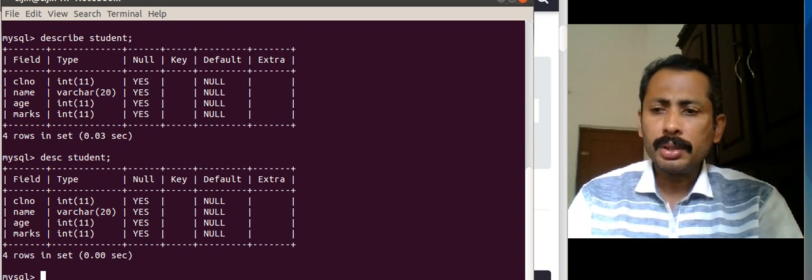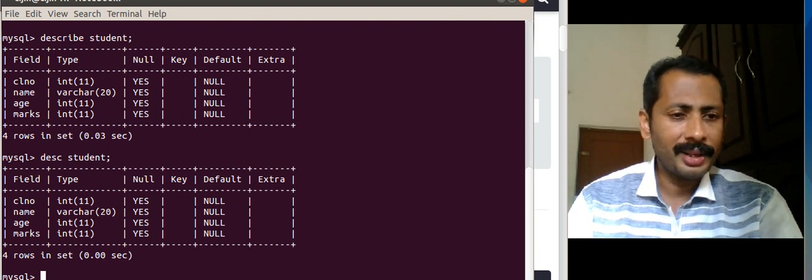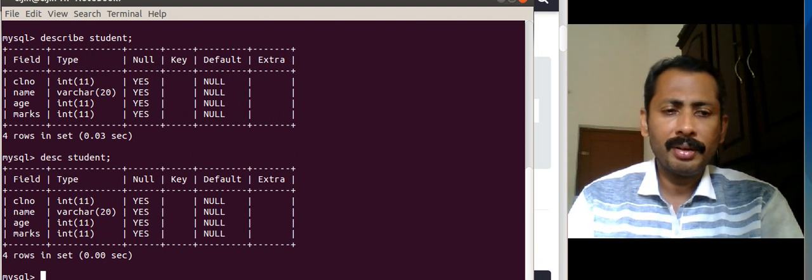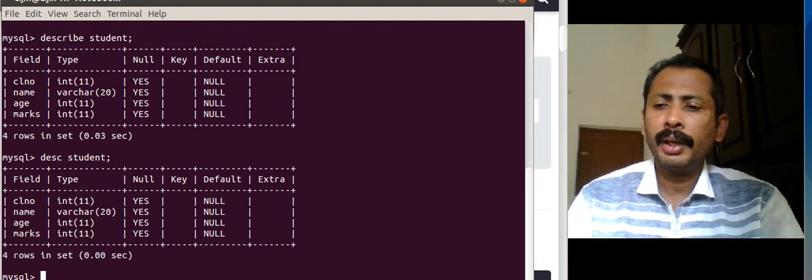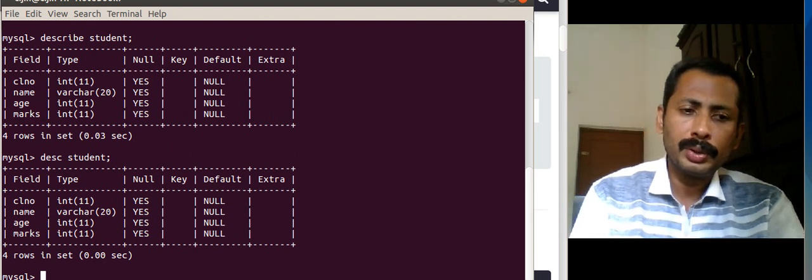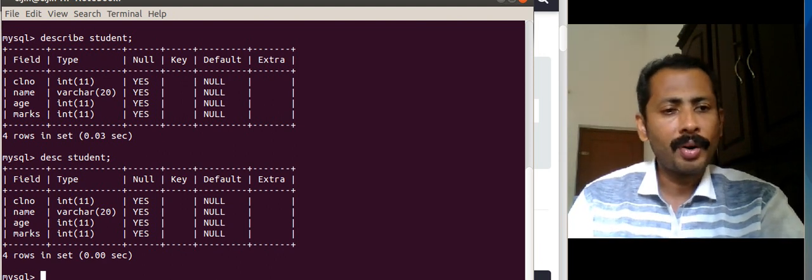Okay, so it shows it has four fields: class number, type is integer, int 11. The others we are not bothered about now. We will study it later. Then name type is there, age type is there, marks type is there. So we have a table called student with these four columns.